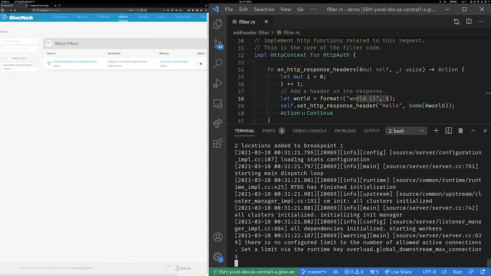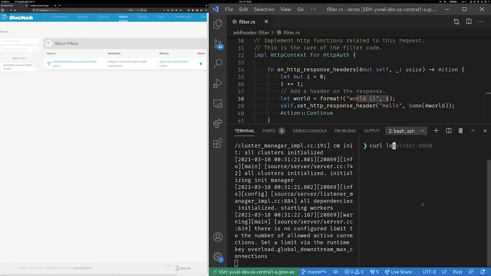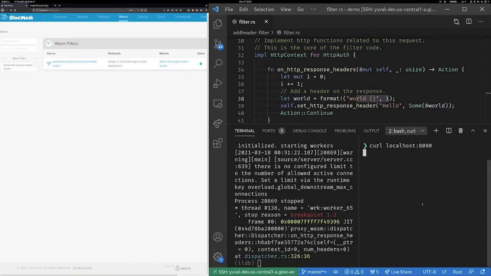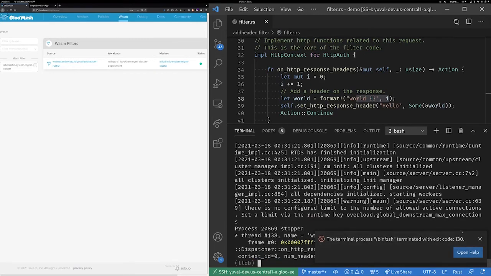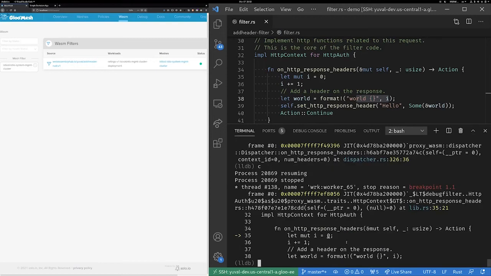Now, in order to trigger the breakpoint, I obviously need some sort of a response. So let me just curl localhost so I can get a request and a response. This demo is for an Envoy I'm running locally. As we mentioned, it's not yet ready. So let me kill that curl. All right, now we can see the first breakpoint happens to be a function with the same name that we don't care about. So let's continue. We can see that we break exactly in this function with this code, and we can step through it